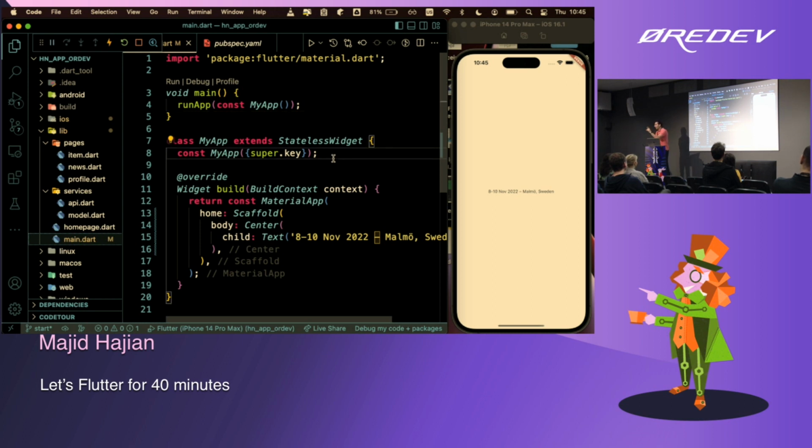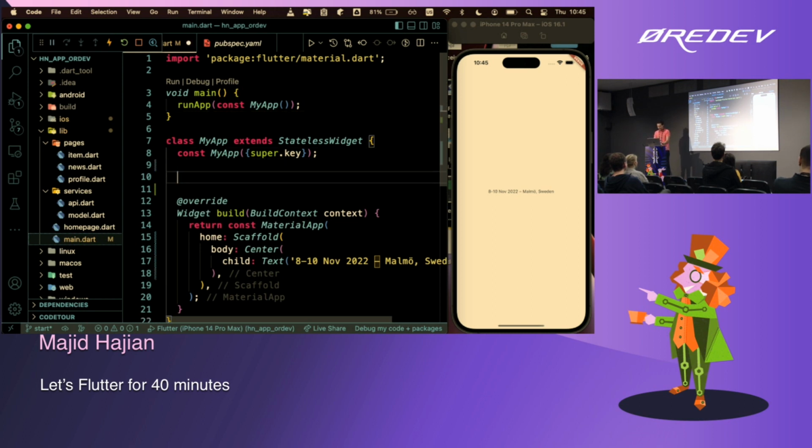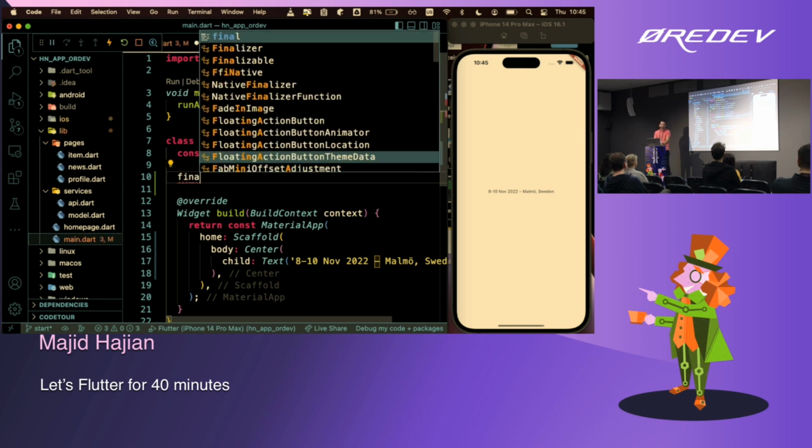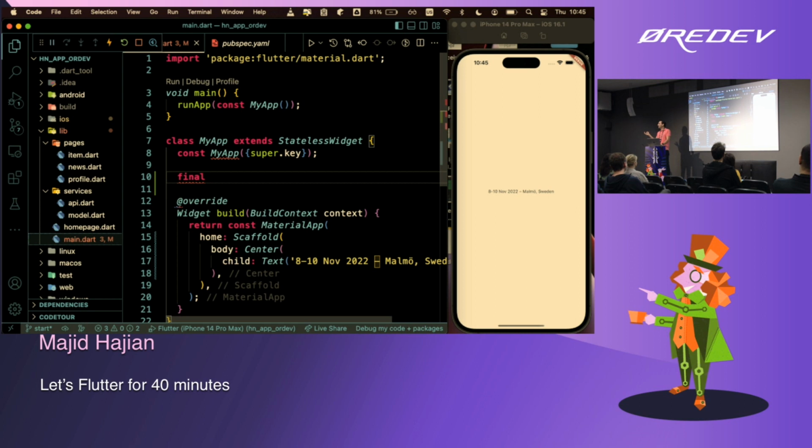And there is one more thing I can show you right now. Let's say I want to define a variable in this class before we get started. So the final keyword is similar to the const keyword in TypeScript. Final means assign a variable and never change it again. That's as simple as this. And then you have a type. Let's say I want a string, and I want to say a name, and I assign my string. That's a simple syntax. Your keyword, your type, your variable name, and the value that you want to assign. This is 50% of Dart so far.